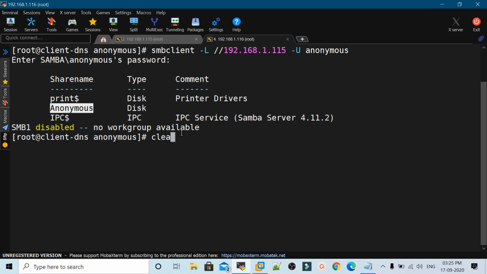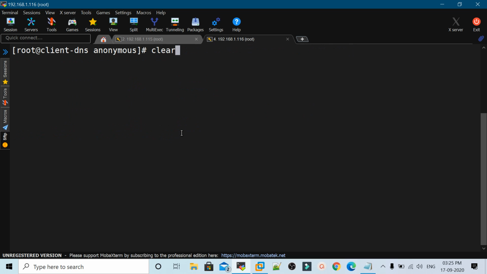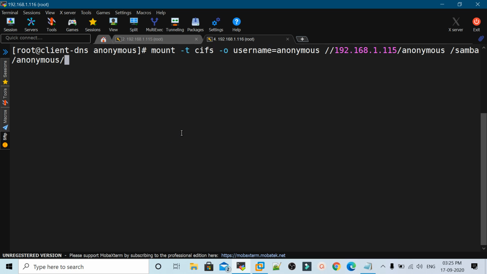Now I will show you how we can mount it on our machine. For that we can execute the mount -t cifs command. After that we can mention -o for the options. Here we can specify the username, that is anonymous, then the // IP address and the share name, that is anonymous, and the destination where we want to mount it.